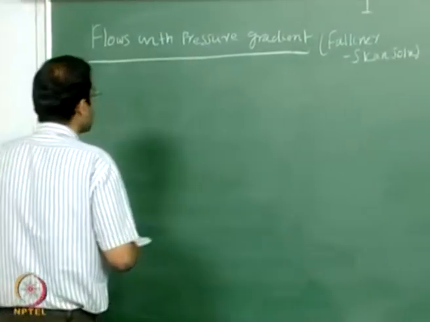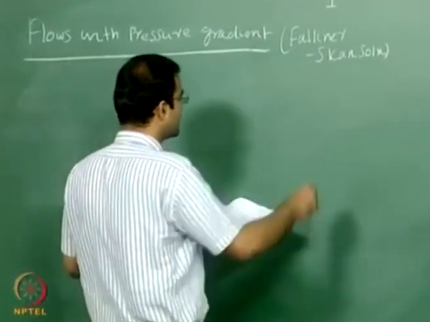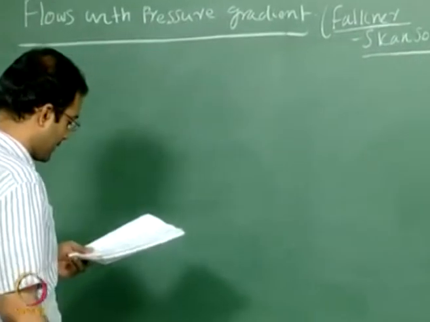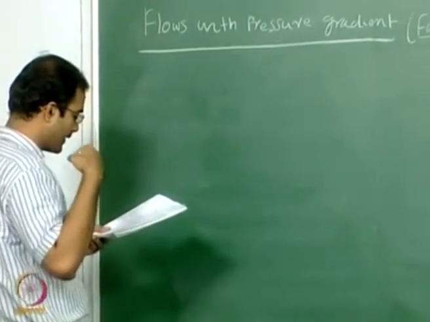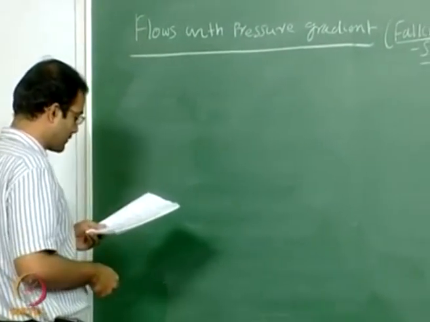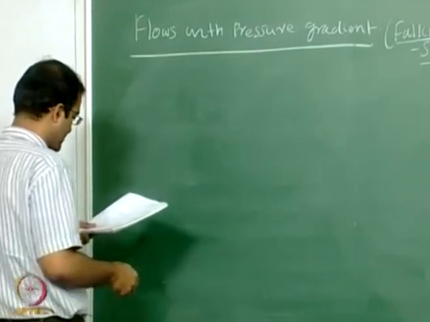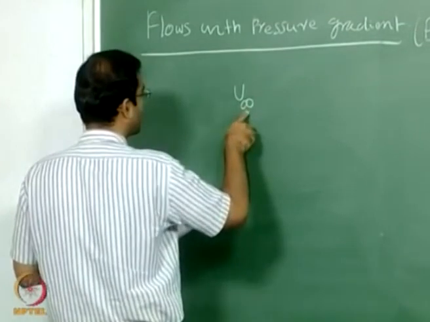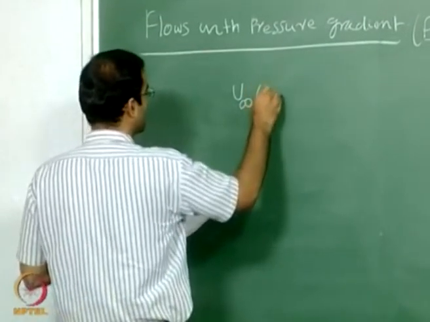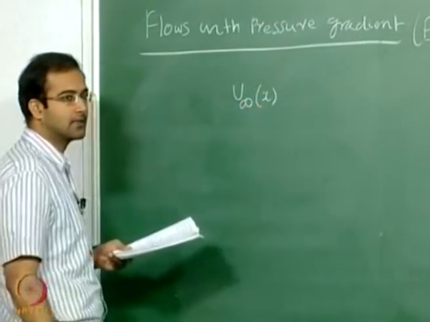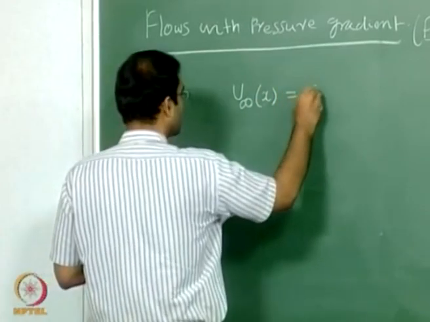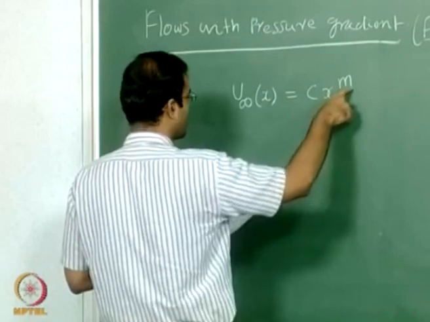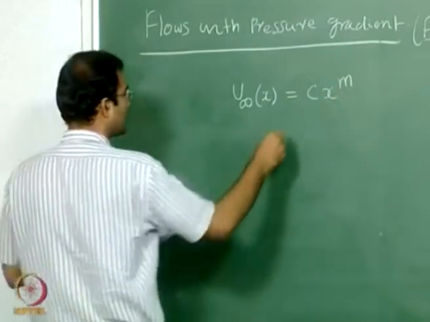In fact, Falkner and Skan discovered that for flows with pressure gradient, you can do this from the potential flow theory, that is from the inviscid solution, that you can derive the free stream velocity, which is a function of x now, it's not a constant anymore, and can be shown to be u infinity equal to c x power m, where c is a constant